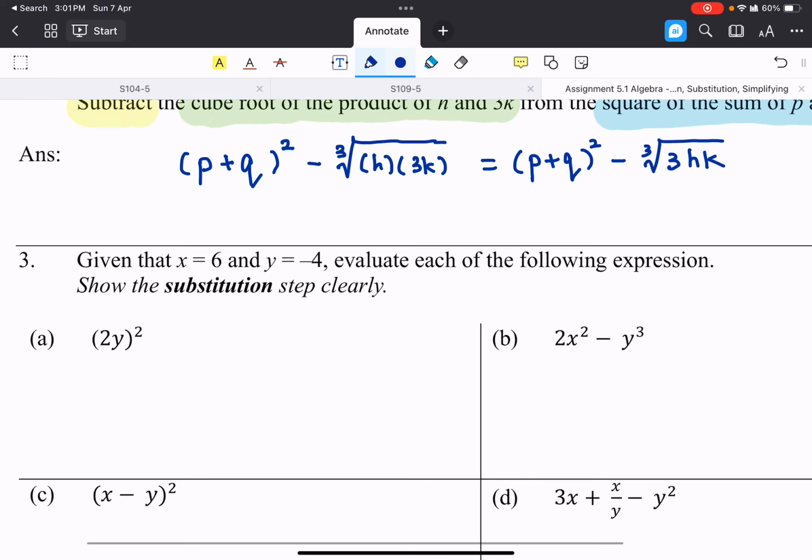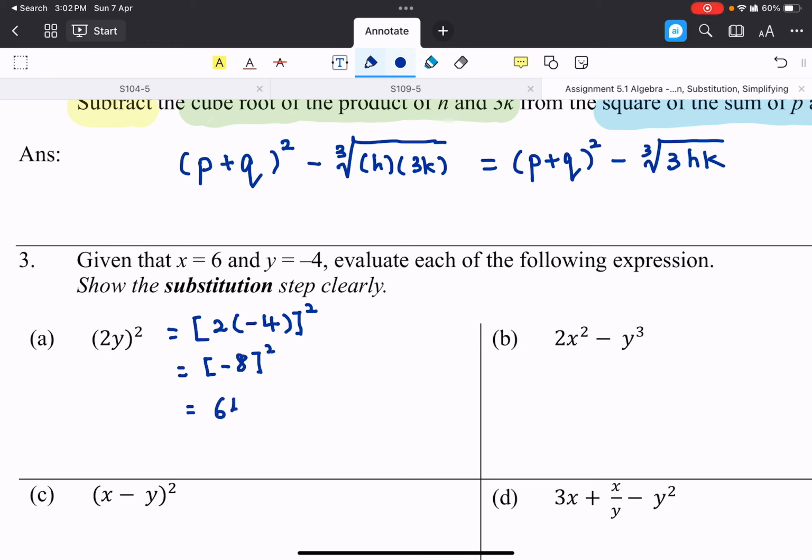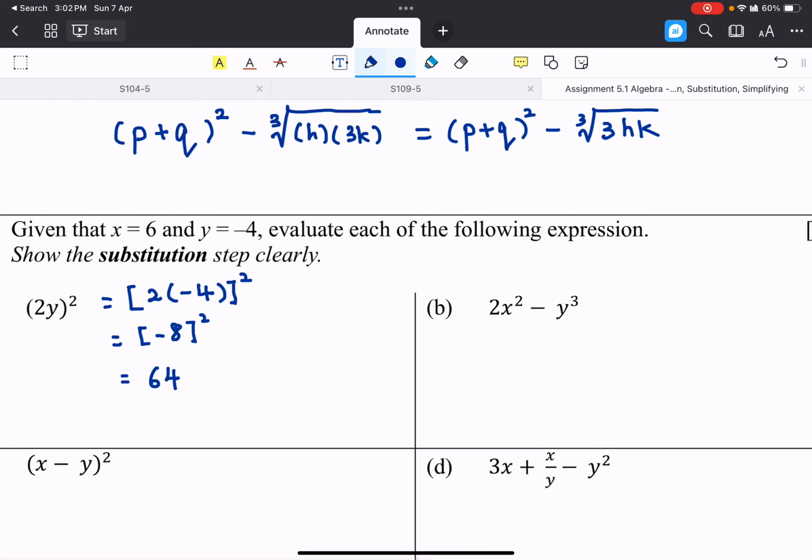So in the next one, we have 2y and then squared. So what this does is that we have 2, and y in this case is negative 4. As you can see here, by putting y as negative 4 in a bracket, I avoid a mistake of accidentally taking 2 minus 4, because this is 2 multiplied by negative 4. So we've got to be careful here, right? So this gives us negative 8 squared, which gives us 64. Right? For part B,